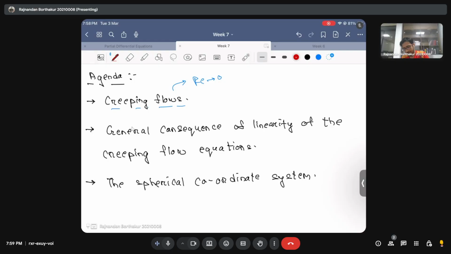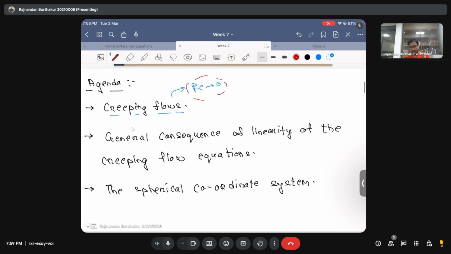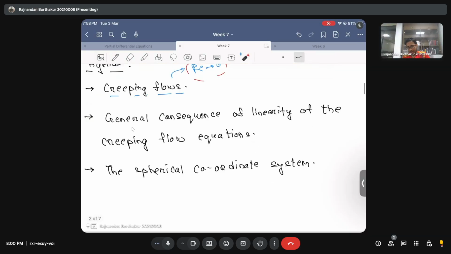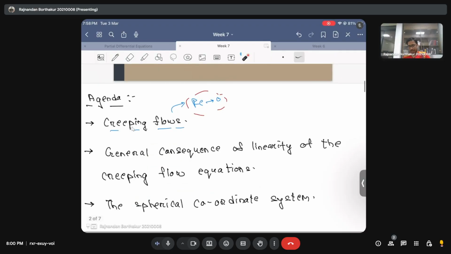So all that matters, as I said, is the Reynolds number. What we'll see is these creeping flow equations, and then going forward we will see something known as the consequence. We'll see that the creeping flow equation that you derive, or the biharmonic equation for the stream function, is indeed linear. So we will see something known as the consequence of linearity of these creeping flow equations. And lastly, if we have time, I'll introduce the spherical coordinate system, because we will be solving one problem,